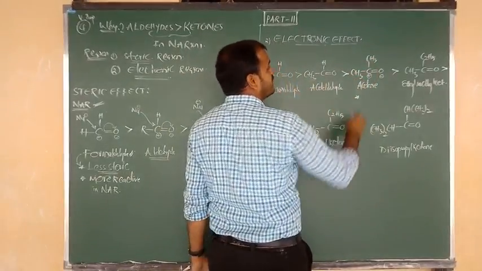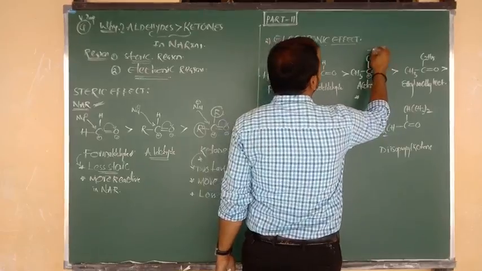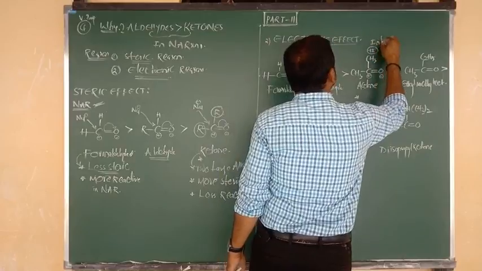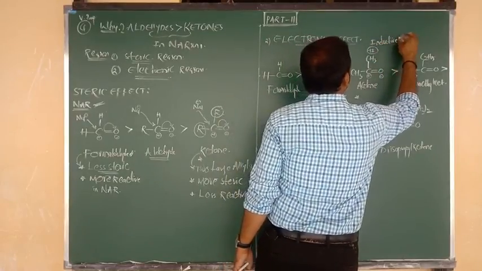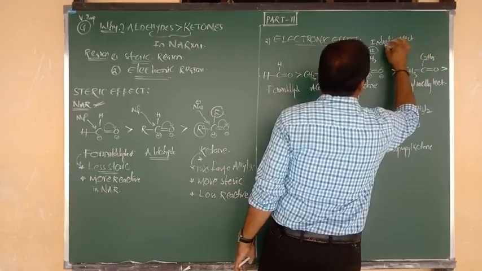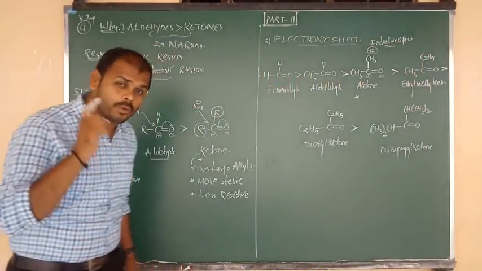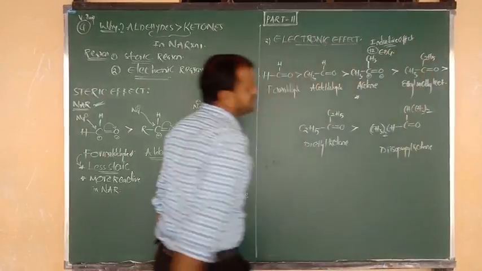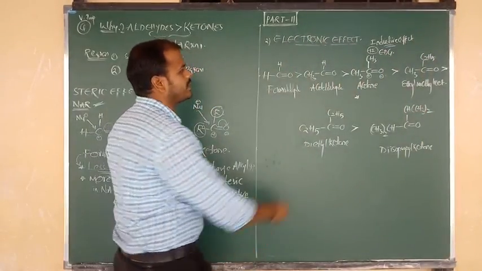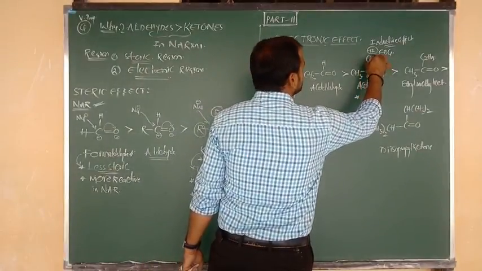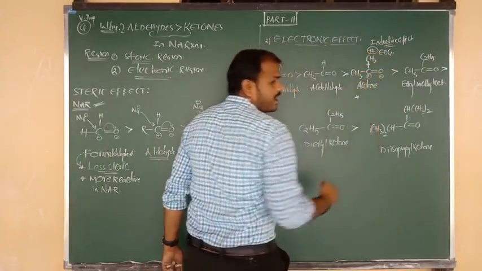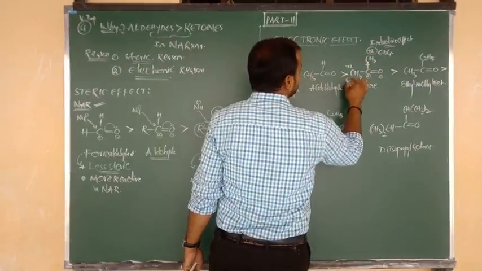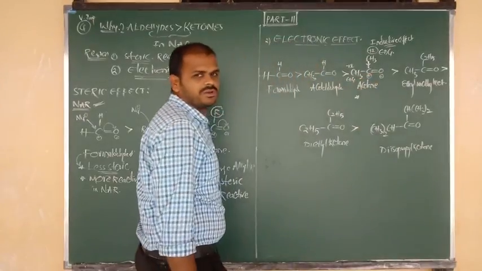Two alkyl groups are there. So this is nothing but what? CH3. CH3 is nothing but an alkyl group. Alkyl group shows positive inductive effect. Okay, that means alkyl group has electron donating nature. Understand? Right. Again here also, I am going to show that electron donating symbol towards the carbonyl carbon. CH3 again also has positive inductive effect, means it has electron donating nature.